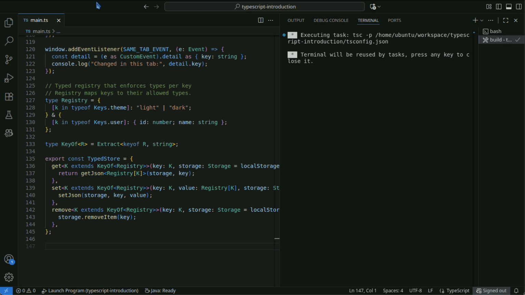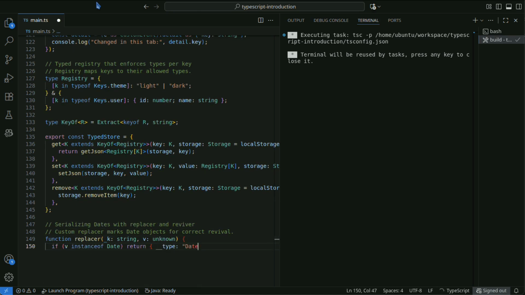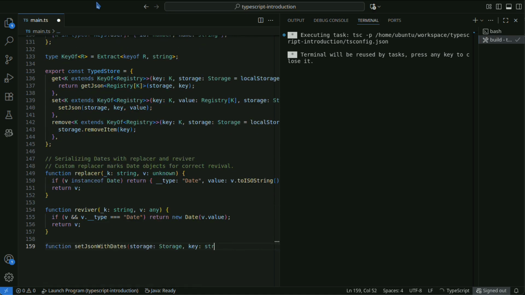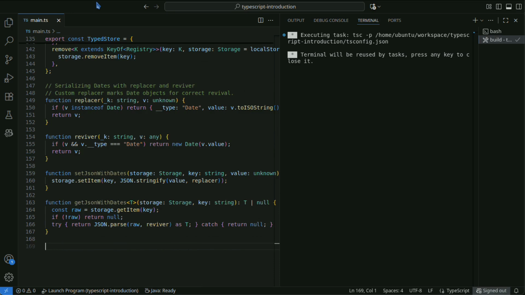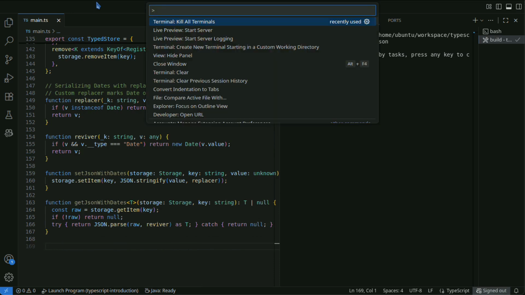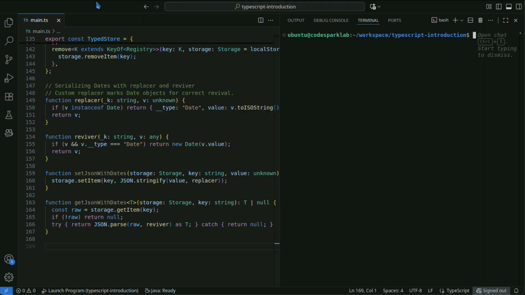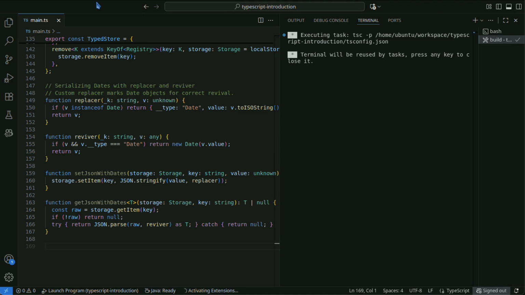To correctly restore objects such as Date and Map, leverage the replacer and reviver of JSON.stringify. Using this method, Date objects are correctly restored as Date. Similarly, Map and Set can also be marked and restored.